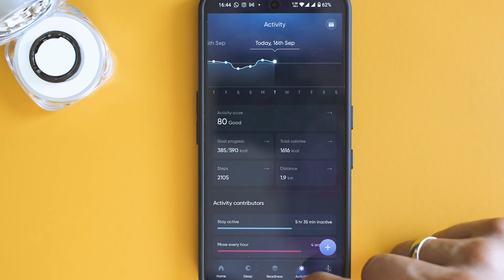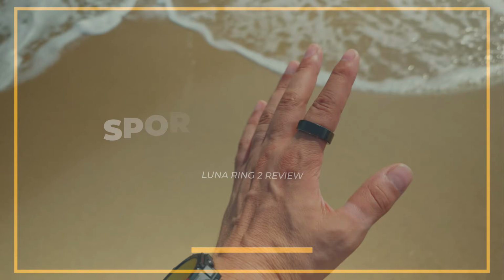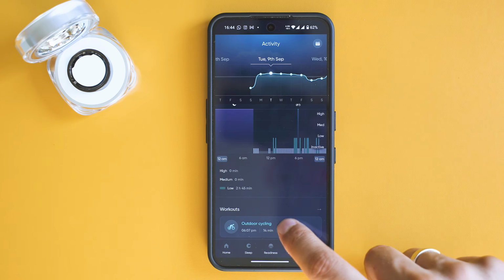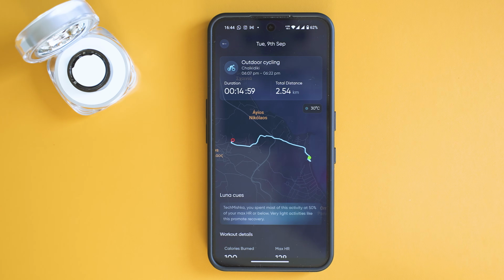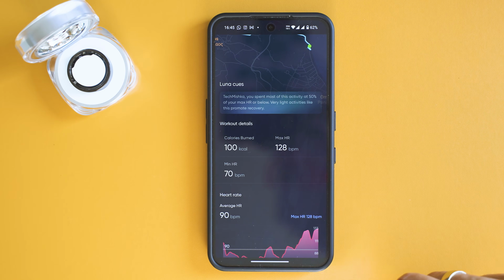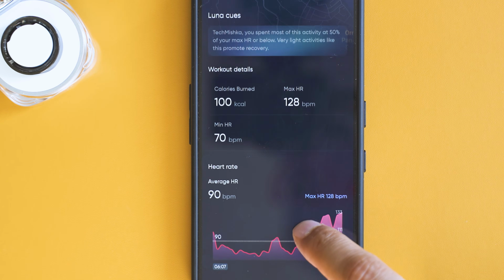Now, let's see if it can rank in the Premier League of sports tracking. Well, Lunar Ring 2 is still not that great at it. It's simply not on par with a dedicated fitness tracker. You can use it for lighter sports or as a supportive companion, but it won't replace a Garmin or even an Oura ring. It is supposed to automatically detect some outdoor activities, which is nice, but it consistently missed my cycling